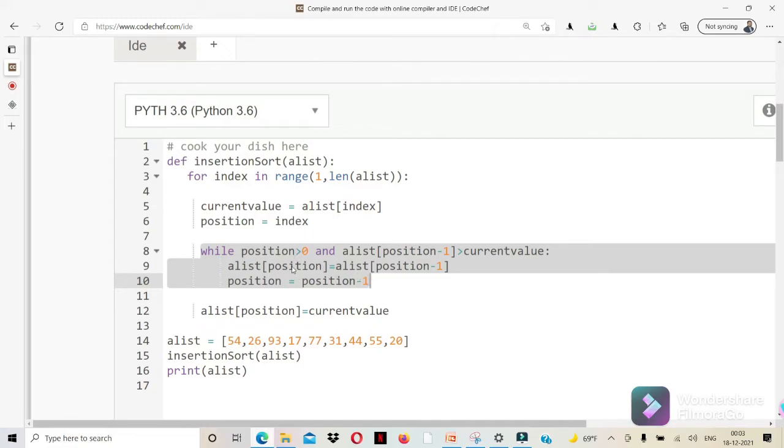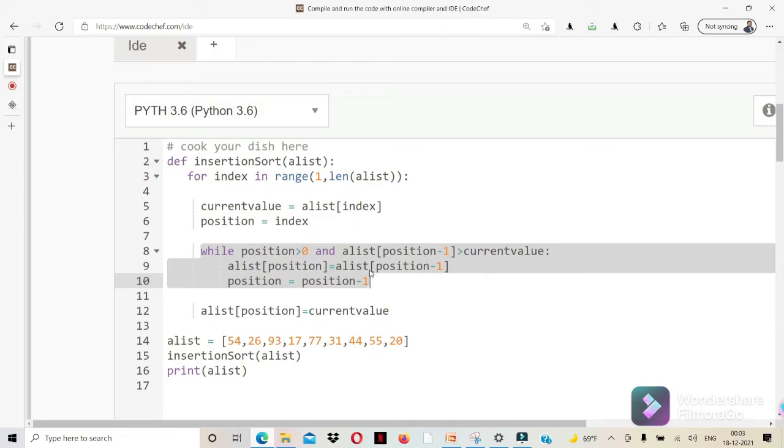So if you see here, this condition is not satisfied, because the first element there is 14, and 14 greater than 27?